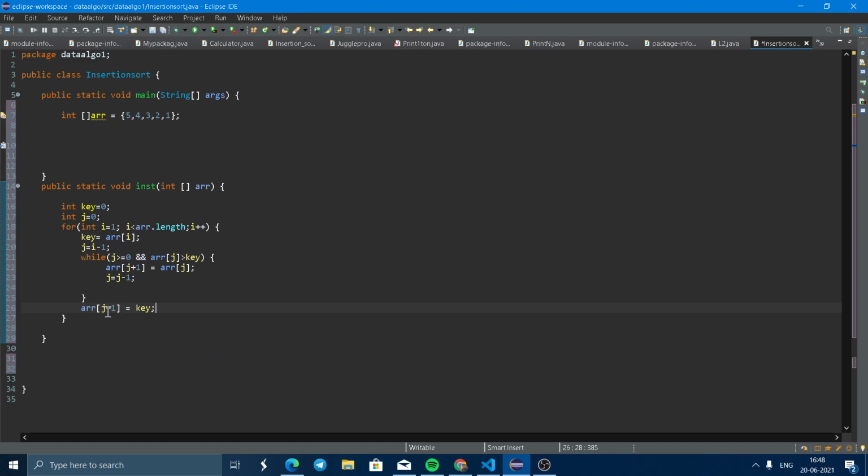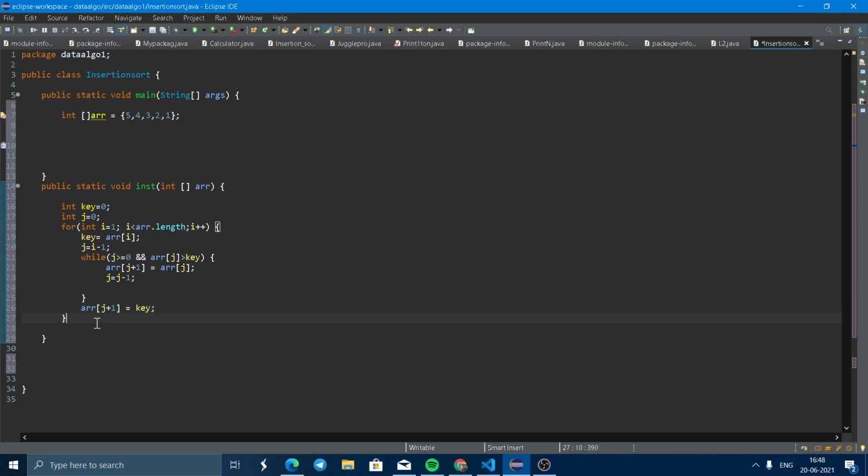So the first, or zeroth, place is where the key will be stored. Key means 4, so in this position 4 will be placed here, and from the previous code this 5 will be stored here. Simple. For this code 4 will be placed here, for that code 5 will be placed here. Very simple.